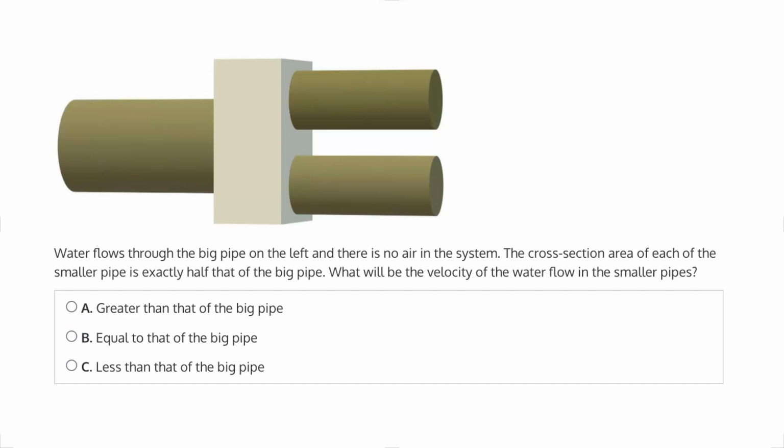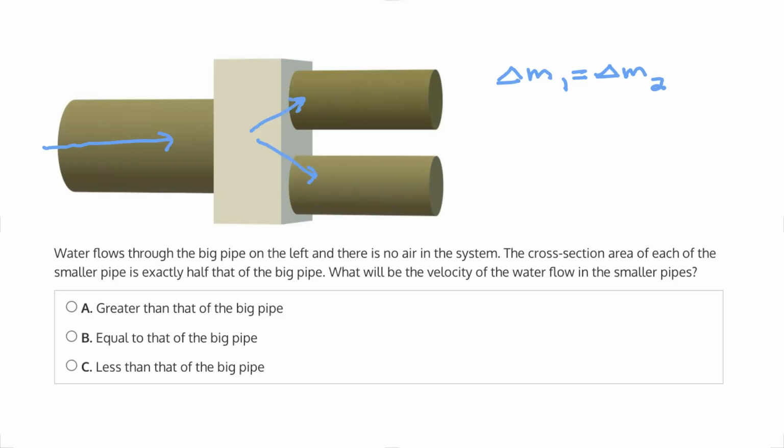Now, we're talking about water, which is incompressible. So therefore, we know the mass flow in must be equal to the mass flow out. So this is to say the amount of water entering and leaving the pipes per unit time must be the same. So then if we consider the trajectory of water, first again it enters through the big pipe on the left until it reaches this juncture,